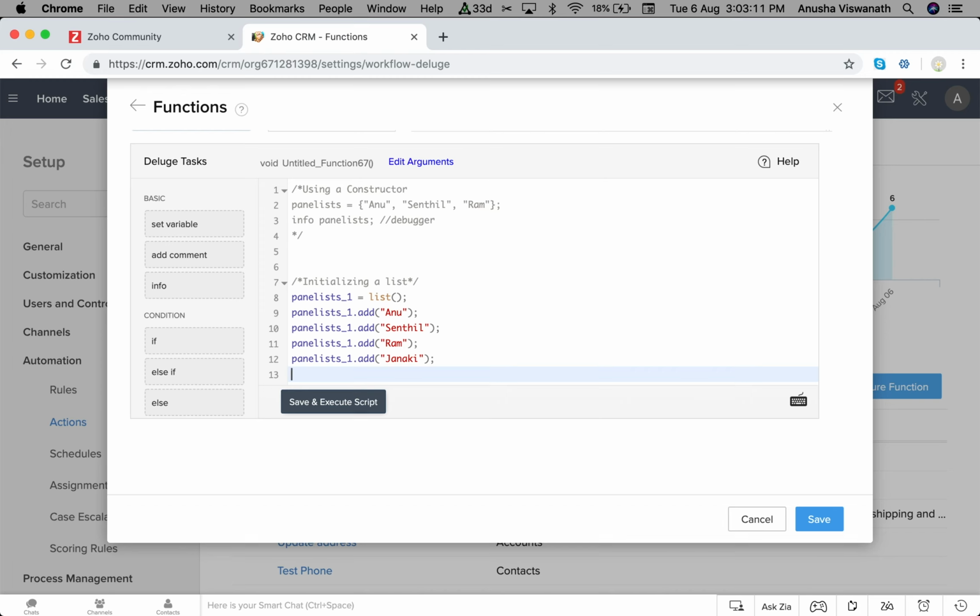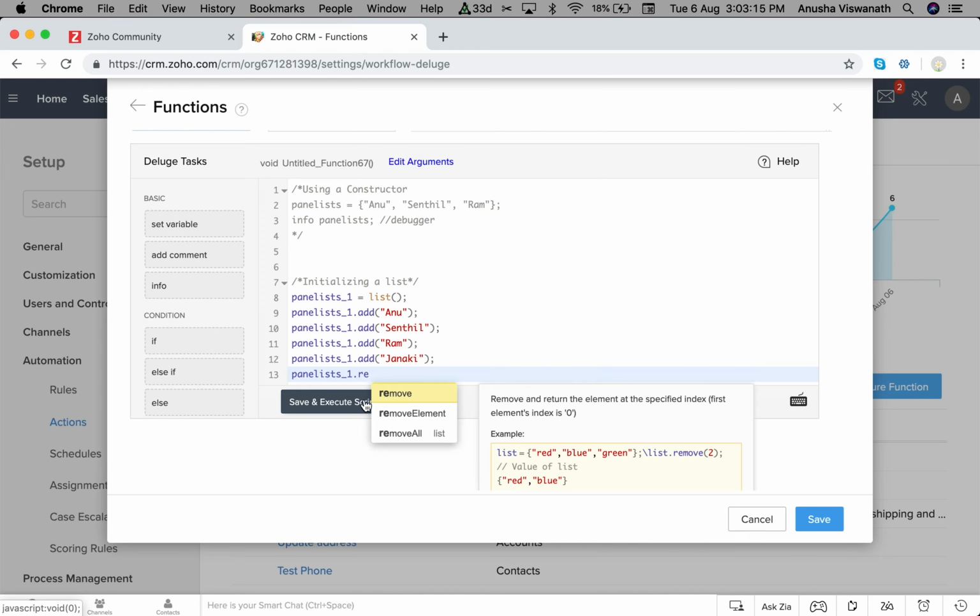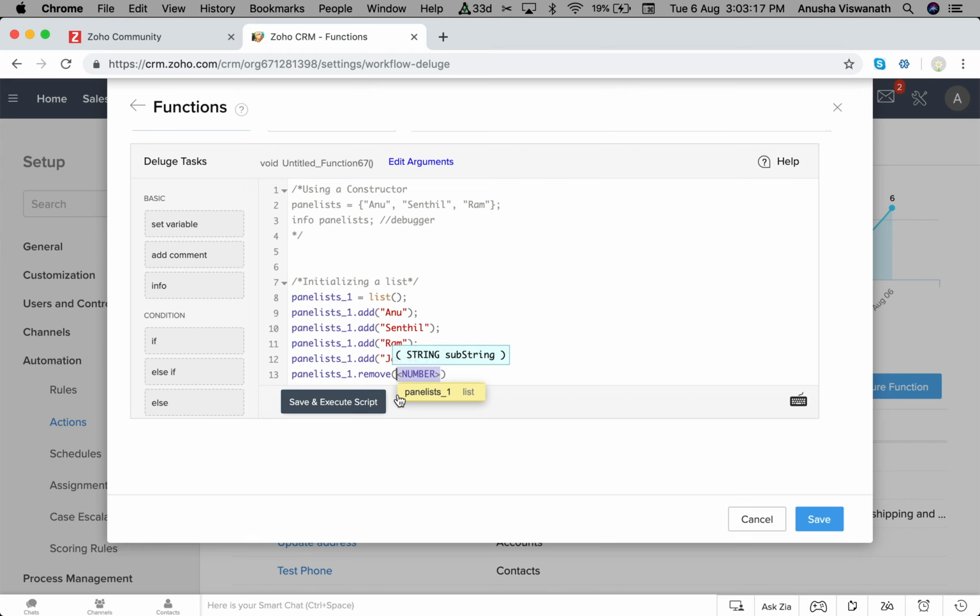How would I do that? So panelists dot remove. Click on that, and say which number you need to remove. So when you give just remove, you're actually removing based on the index value. In this case, since I said it starts with 0,